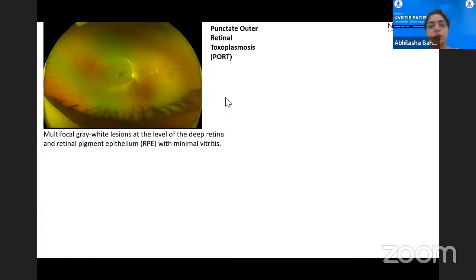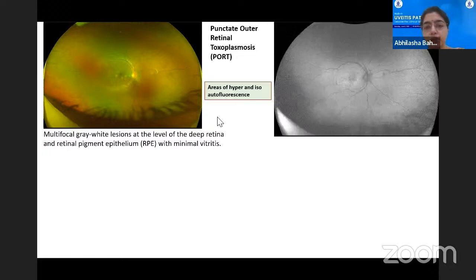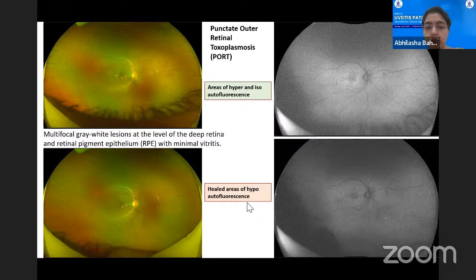Punctate outer retinal toxoplasmosis is a variant of this disease, where we see multifocal gray-white lesions at the level of the deep retina and retinal pigment epithelium with minimal vitritis. This should be distinguished from the white dot syndromes. You see areas of hyper and isoautofluorescence in case of active disease, and healed areas show hypoautofluorescence, as in